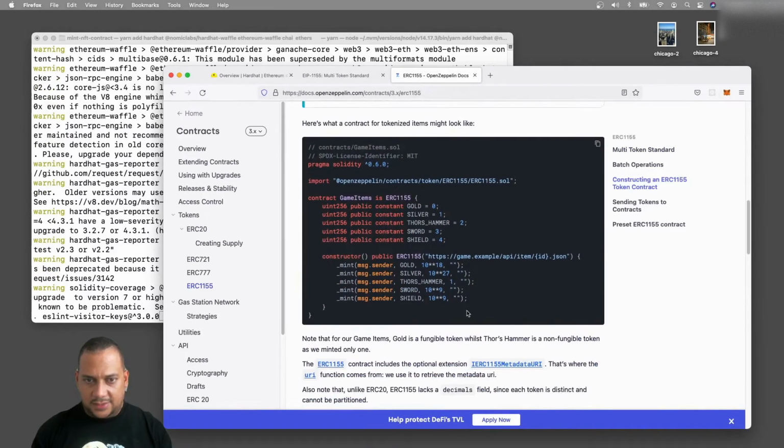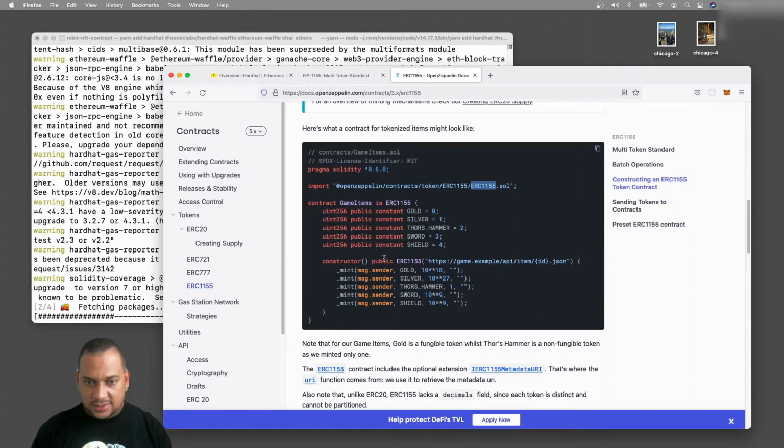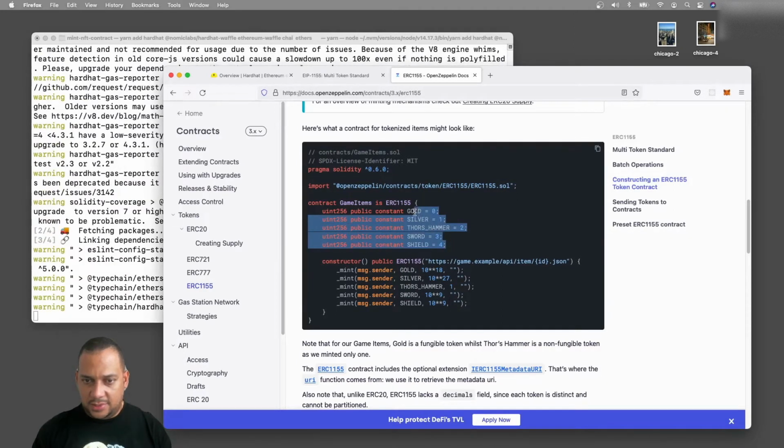This is a Solidity contract that extends the ERC 1155 contract from OpenZeppelin. As you can see, we only need to create a constructor. Of course, our NFT's ID will not be hard-coded like in this contract. And in the mint, we will dynamically mint depending on how many NFTs the user creates in the interface.